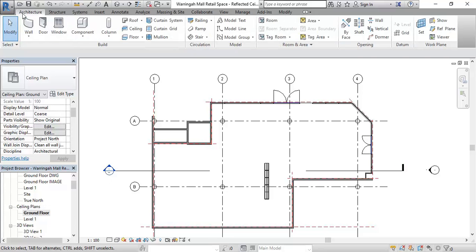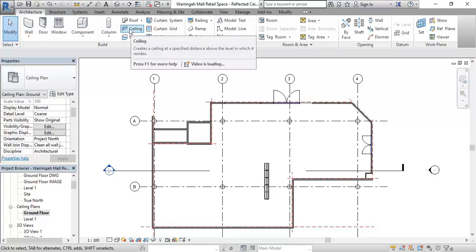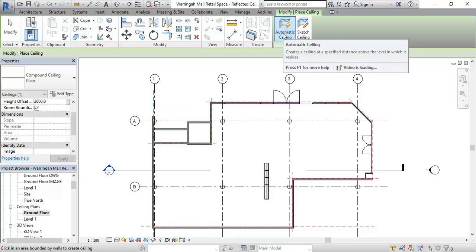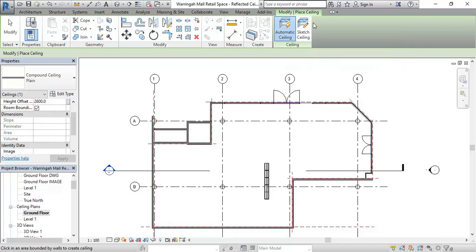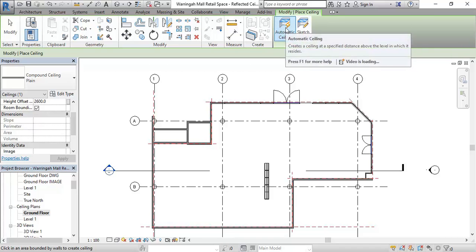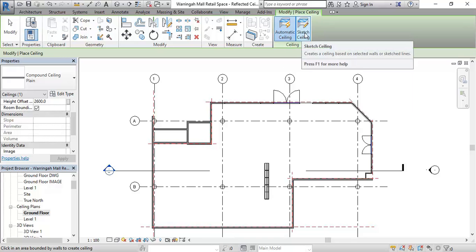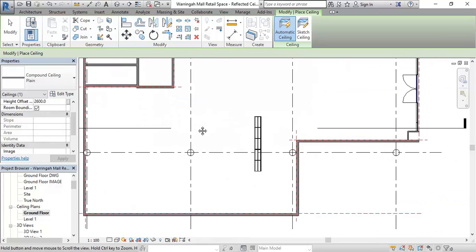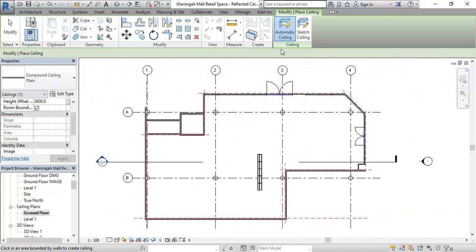And then on the architecture tab, you can go to ceiling. And then you'll see it comes up with 2 options. You've got automatic ceiling and sketch ceiling. So that's the first decision you need to make. Usually when you make a ceiling, it's actually sketch ceiling that's probably the better option. Automatic ceilings only really work when you have enclosed rooms like I have here, and I don't really need ceilings for those 2 spaces anyway. So just remember, when you go to make a ceiling, normally you will need to choose that sketch ceiling option